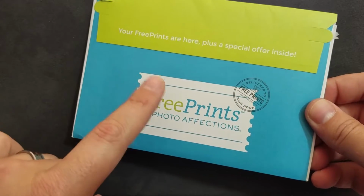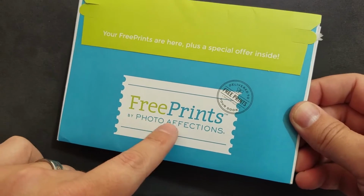Hey guys, Robert Hamm here, roberthamphotography.com, and I'm here today to talk about these guys, free prints by Photo Affections. They even have a free photo book app called Photo Book. It's really quite awesome, and the reason that this is so important is because if you're printing photos, so many